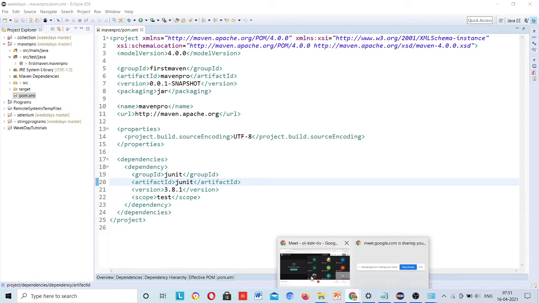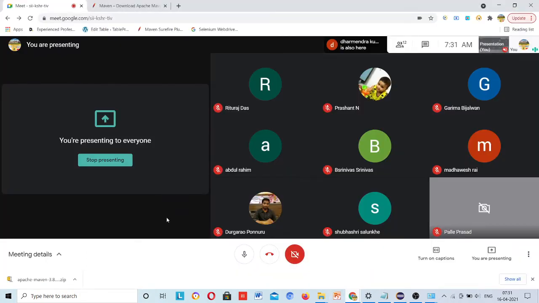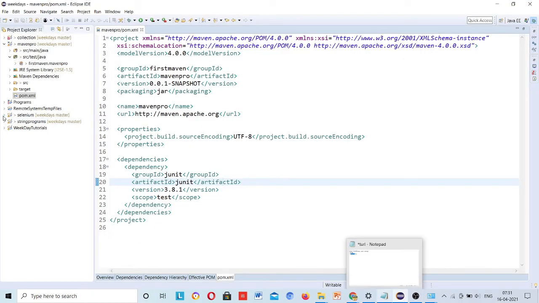See, previously, if we had to use Selenium in our project, then we were going to the machine and adding the manual jars.